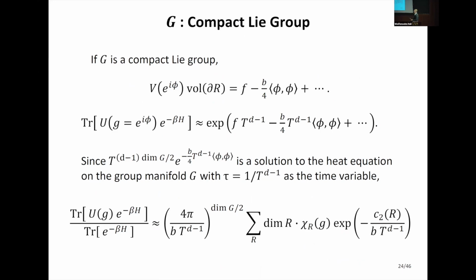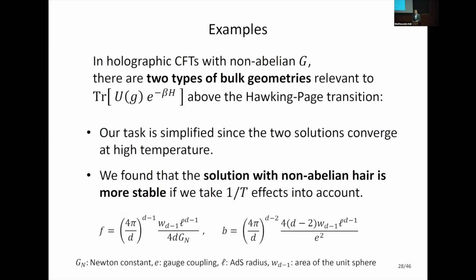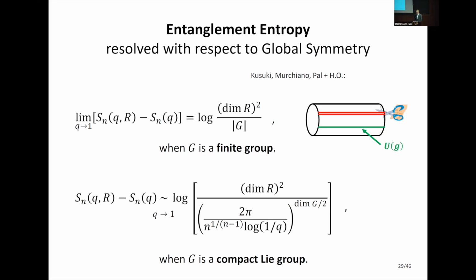And then B is related to the level of the Kac-Moody algebra. Okay, so you can calculate these quantities. We can also do this same exercise for the entanglement entropy. And in view of time, maybe I won't go through the details, but as you can see, if you are